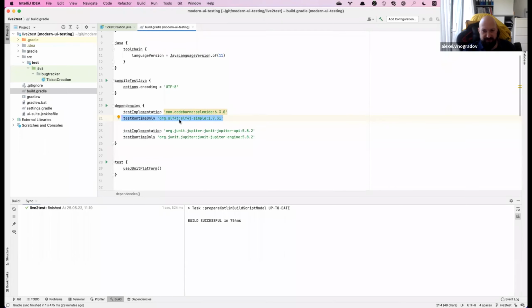For example, this project will be using, perhaps some of you have heard about it, WebDriver Manager, which helps you to automatically download and install the Selenium WebDriver which is compatible with the actual version of your browser. So you don't need to look for it, download it manually, configure it. Everything is done automatically.